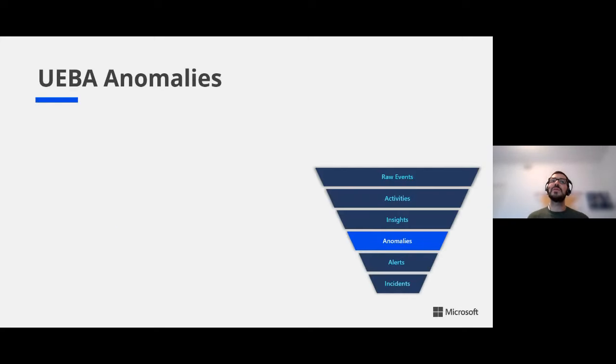Okay, after that brief overview of UEBA in general and UEBA in Microsoft Sentinel, we wanted to talk about what's new. And we're going to be talking about some features that we released in the last 6 months or so. First of all, we wanted to explain about UEBA anomalies. This is something that we released recently. These are basically low fidelity signals created by the UEBA engine.